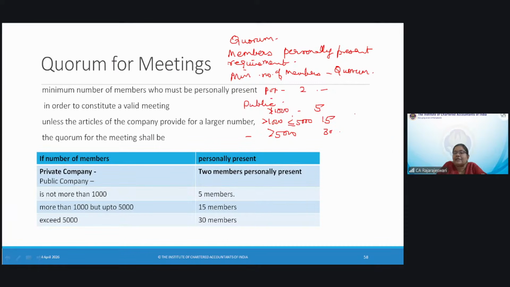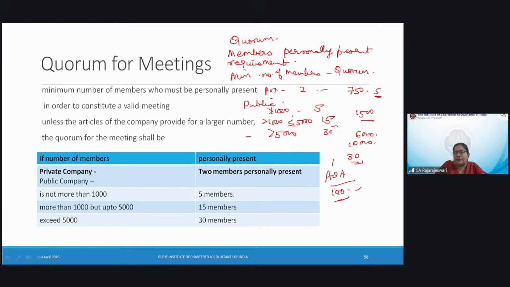Suppose I ask the question, if there are 1,500 members, then 15 members should be personally present. If there are 6,000 members, if there are 10,000 members, then 30 members should be personally present. If there are 750 members, then 5 persons should be personally present. For a private limited company, 2 persons personally present forms the quorum. Suppose your articles has specified a greater number, then articles will be ruling. So if the articles specify 100 members personally present should be the quorum,